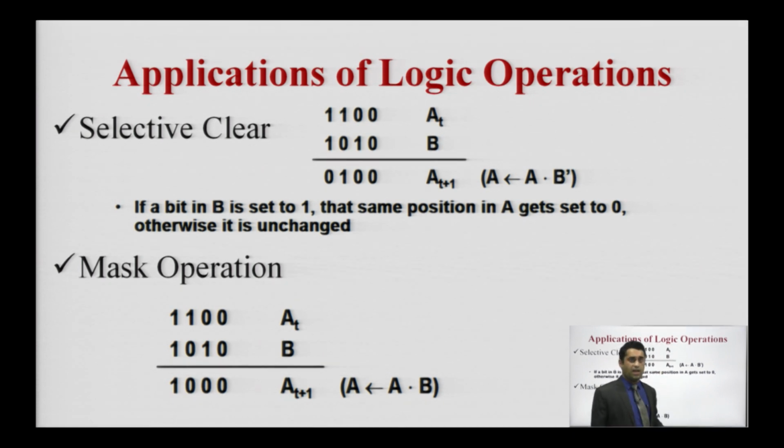Selective clear means if I have one number and I want to clear a specific bit, I have a number of 4 bits and I want to clear only 2 bits. Now I am just passing the location. So this is represented by another value. Here we can take this as the A, this as the B, and in B we are representing which bits we are going to clear. Here I am representing it with the second and the 4th bit. If you are counting from 0, then the first and the 3rd bit we are going to change, means clear it.